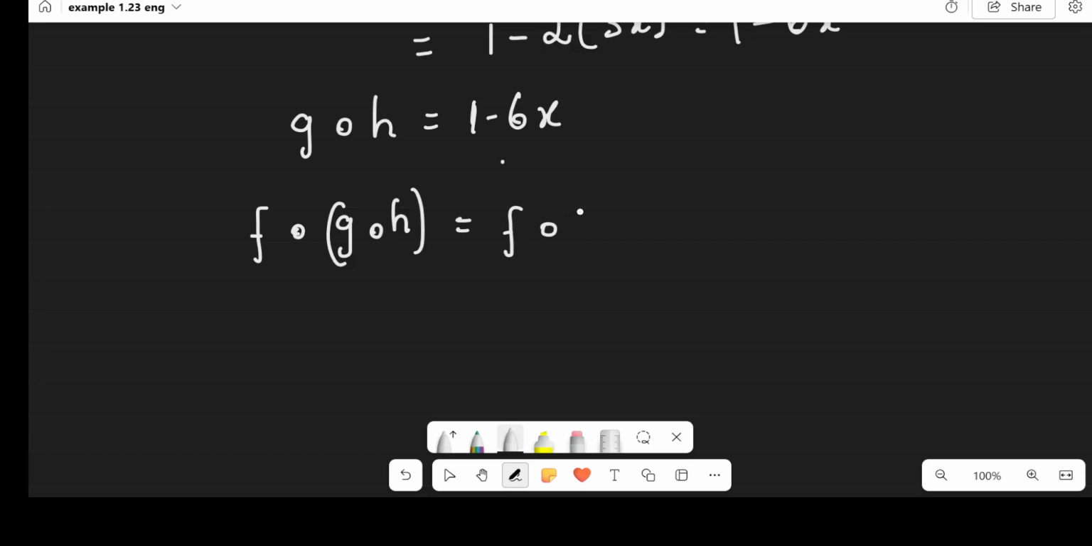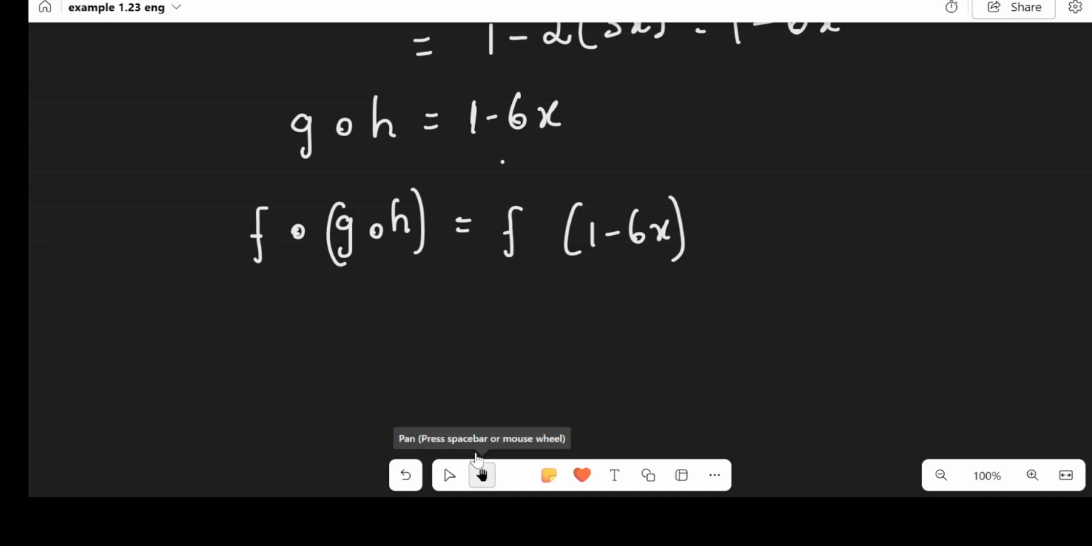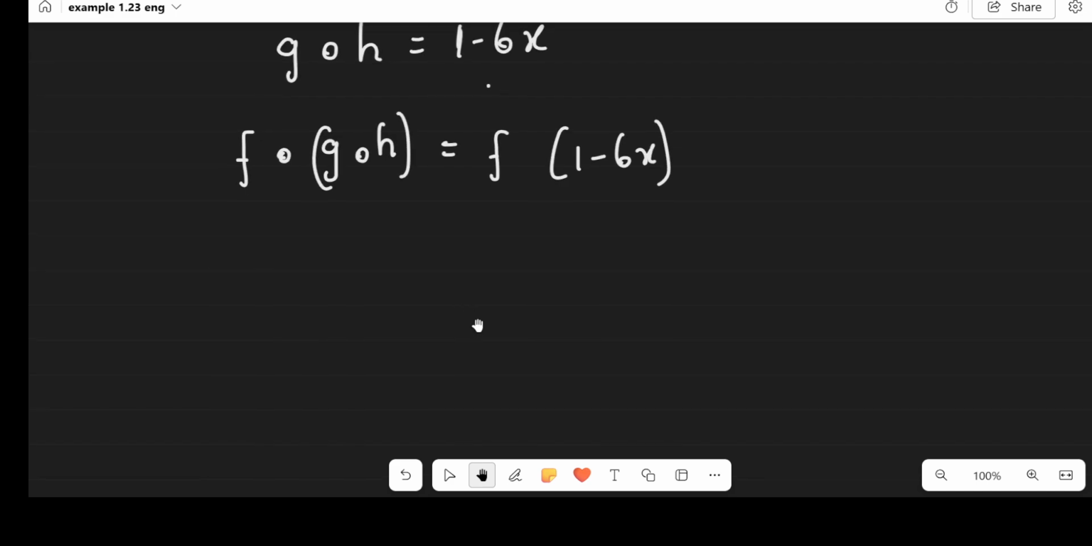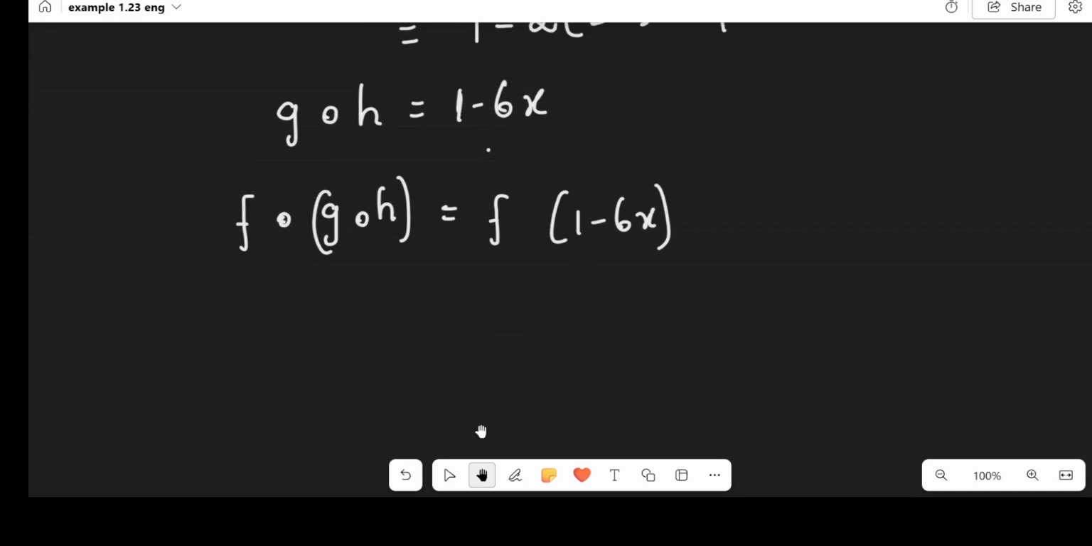F of g of h is 1 minus 6x. We should not write this off. F of g of h value is 1 minus x. Okay, then now